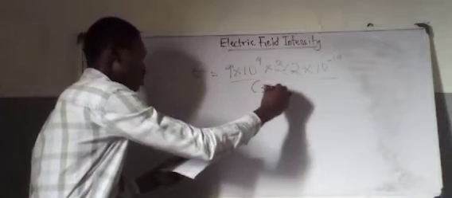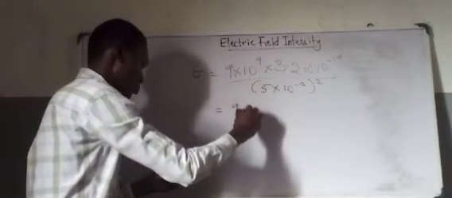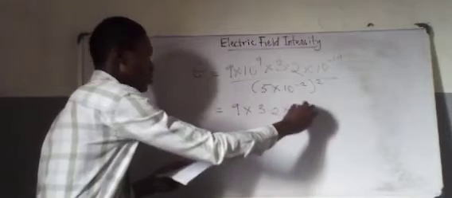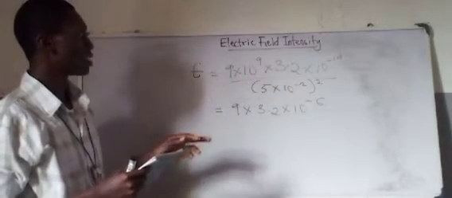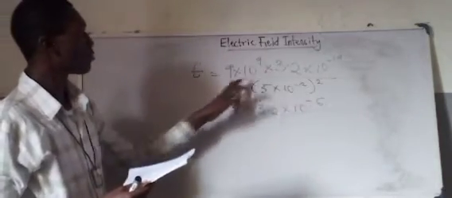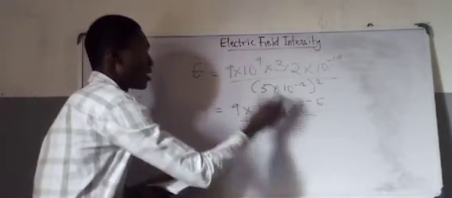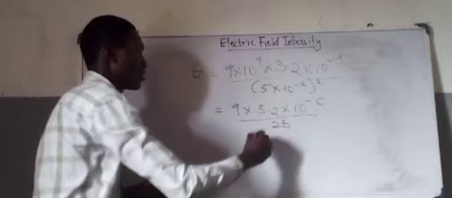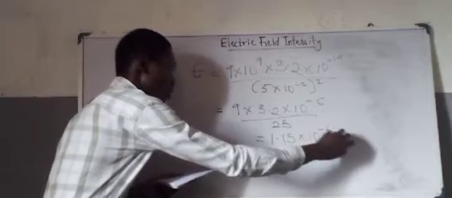So we have 5 times 10 to the power minus 2, all squared. When we do this, we have 9 multiplied by 3.2 times 10 to the power minus 6, because this will give us minus 6. So when we multiply this, we divide by, solving this, 25. And when we do this, we have our answer as 1.15 times 10 raised to the power minus 6 Newton